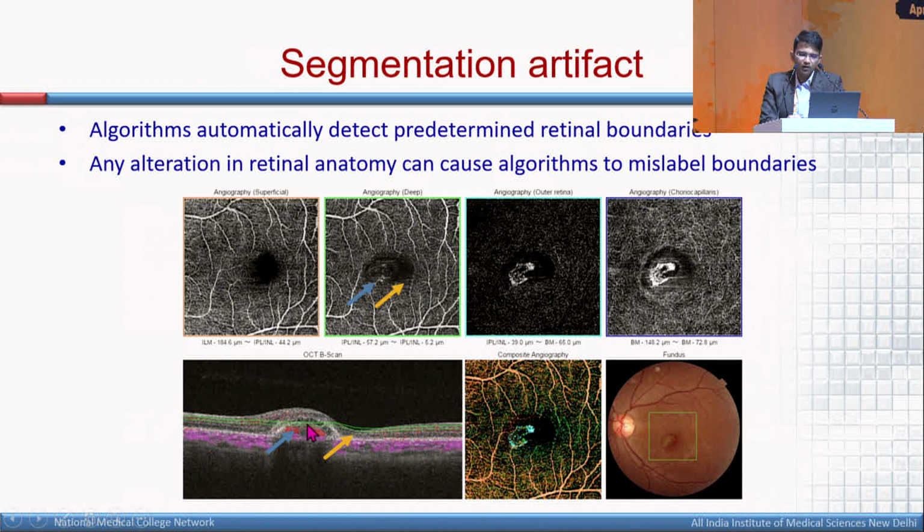And in the area of the neovascularization, the slab is going posteriorly into the neovascularization, and therefore some abnormality is coming in the deep plexus, but that doesn't mean that there is some neovascularization within the retina in the deep plexus. It is actually in the choriocapillaries beneath the RPE. So actually the segmentation should be along the pink lines that are shown, but the machine is not able to do that because of the distorted anatomy. And so you can manually change the segmentation, the inner and the outer layers,